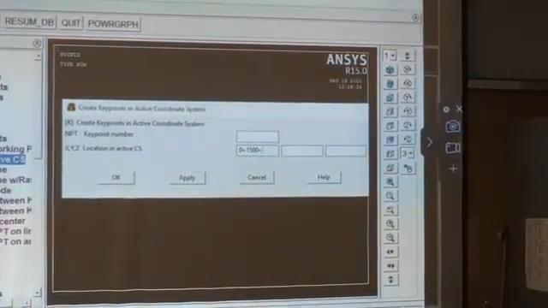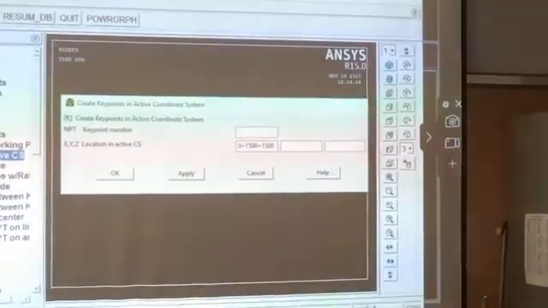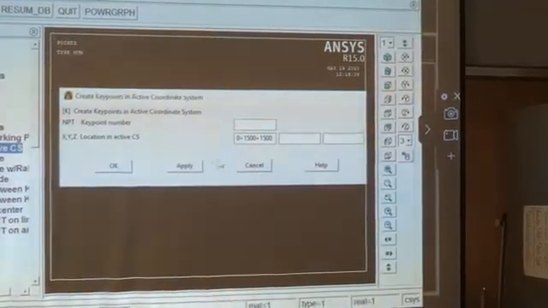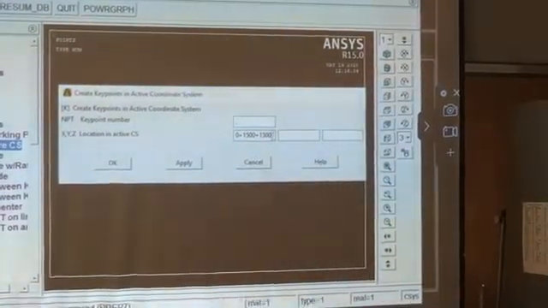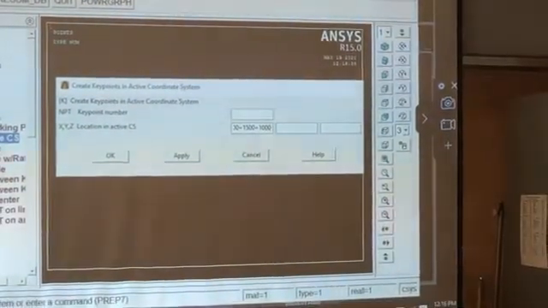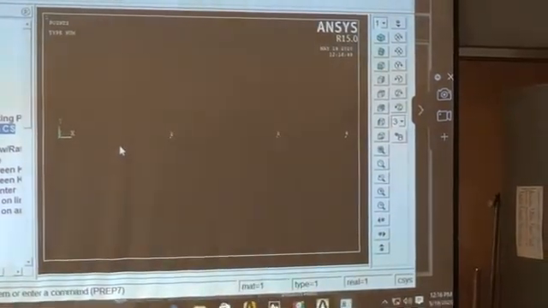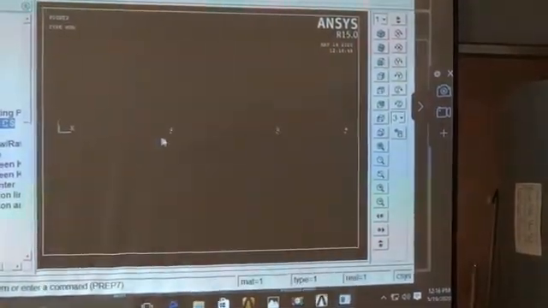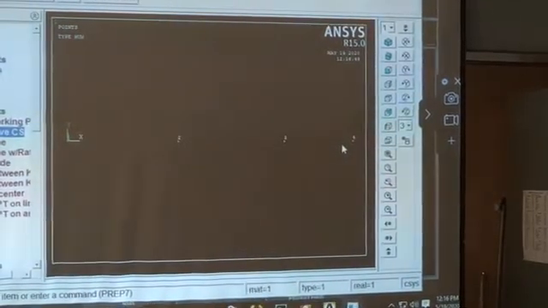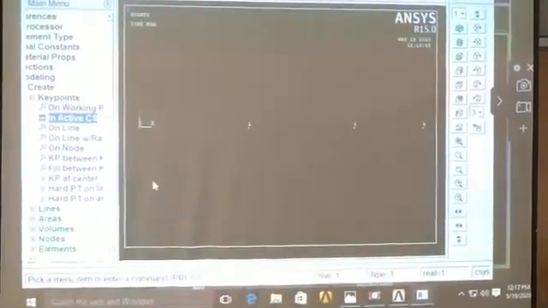Next third node 1500. Next fourth node 1000. So nodes are created. First node is 0, next 1500, next 1500, next 1000. So you just have to add the values with the origin.